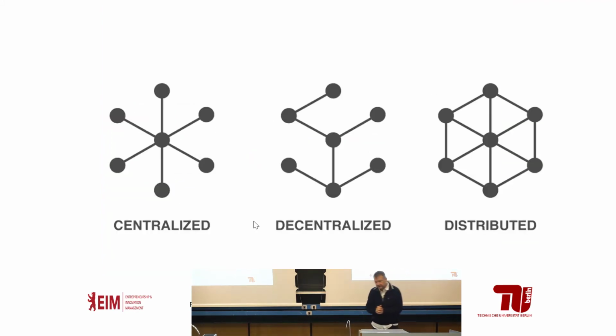So you also have networks classified as centralized or decentralized or distributed, which refers more or less to something which comes to statistics as well. When you want to test certain network structures, you also need a null hypothesis. And that's quite a difficult thing. We will come to that.